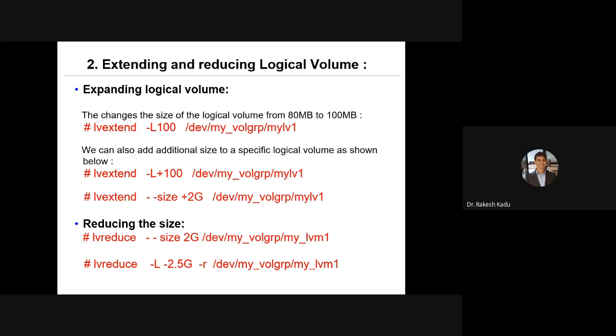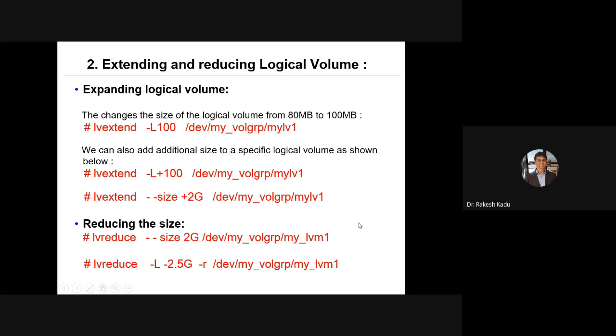And we have some additional commands, that is lvextend, lvreduce, lvremove to remove the partition, or lvs to display all these logical volume partitions. So lvs is one of the commands, lvdisplay is again a command, and lvremove. So lvremove means you can specify the complete address to remove that particular logical partition. So lvremove /dev/my_volume_group/my_lvm1, that you have to specify to remove that